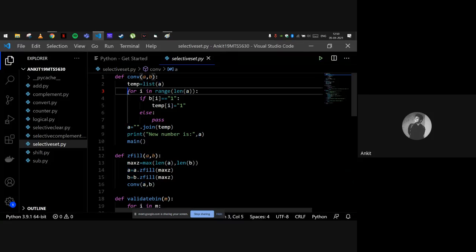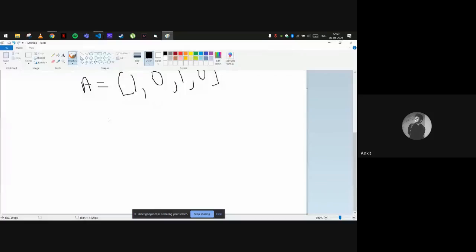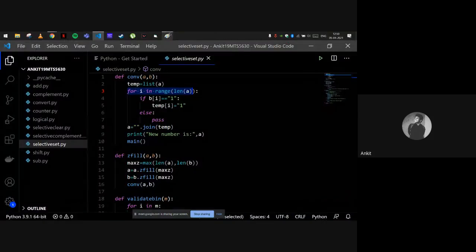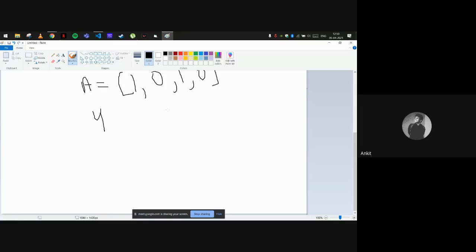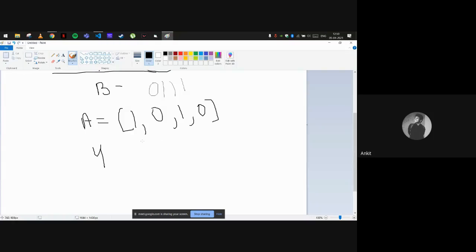Now we are iterating over the length of A. The total length of A is 4. So now next step, it will check the value of these cases, which will be 0, 1, 2, and 3.